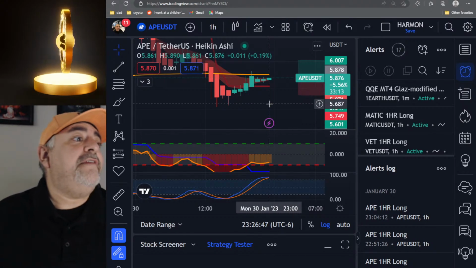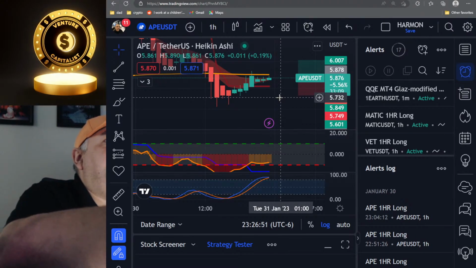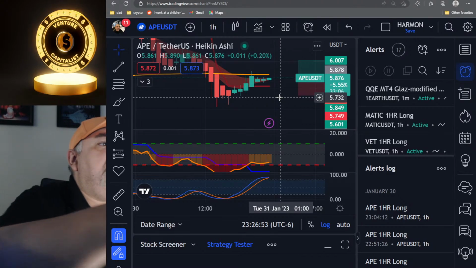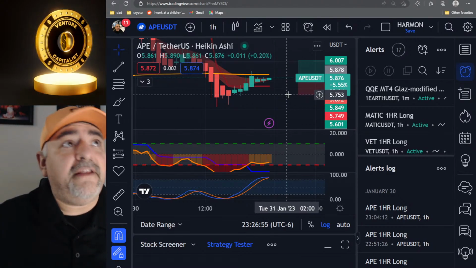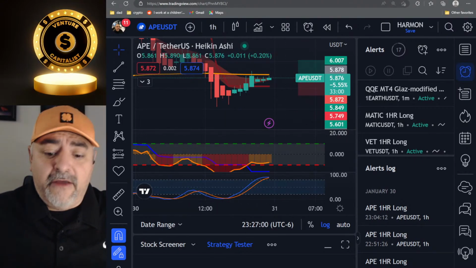What we have right here is APE. And it looks like we're getting an alert on APE that we should go long, and we're going to take this. So very simple. Once we find a coin that we're going long on, we are now going to